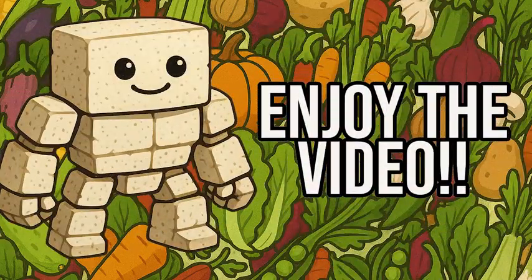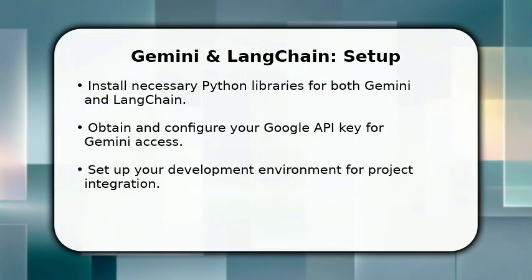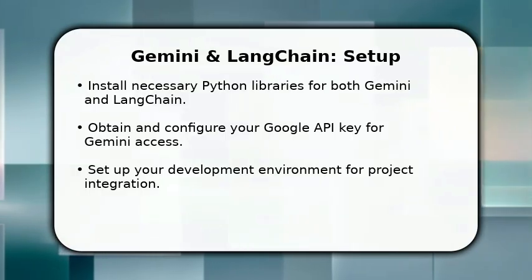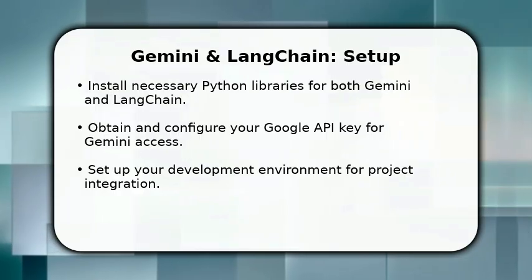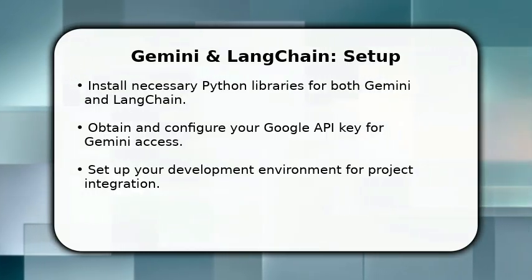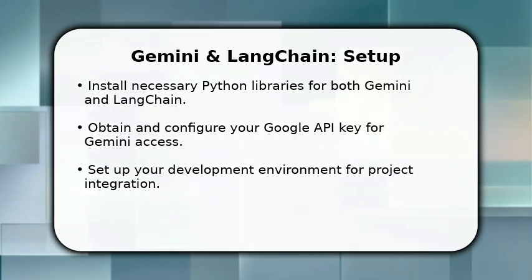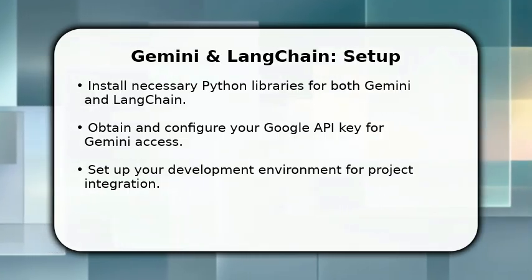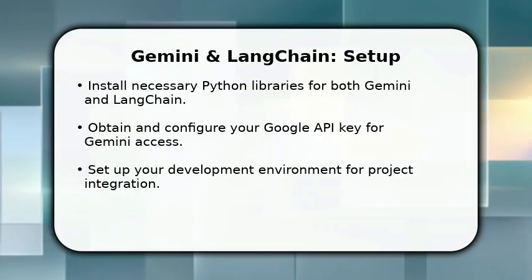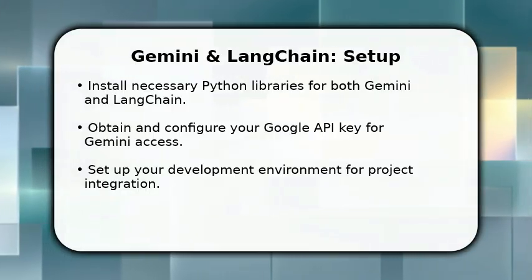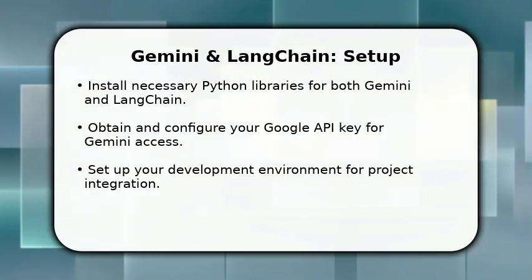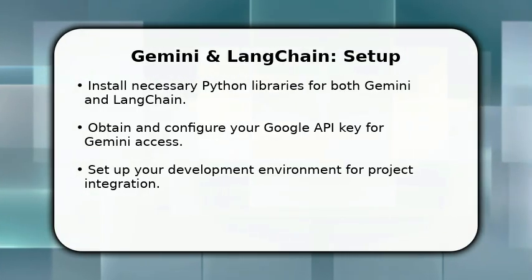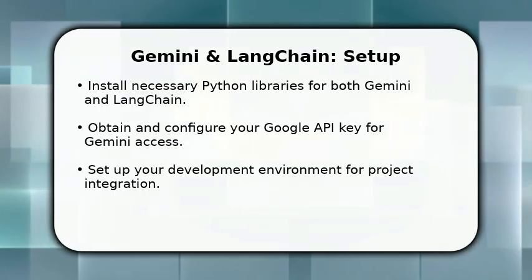Please enjoy the video. In this video, I will explain how to use Gemini with Langchain. First, you'll need to install the necessary Python libraries for both Gemini and Langchain. Then, obtain your Google API key and configure it securely in your environment. This initial setup is crucial for seamless integration, ensuring your development environment is ready to connect with Gemini's powerful capabilities